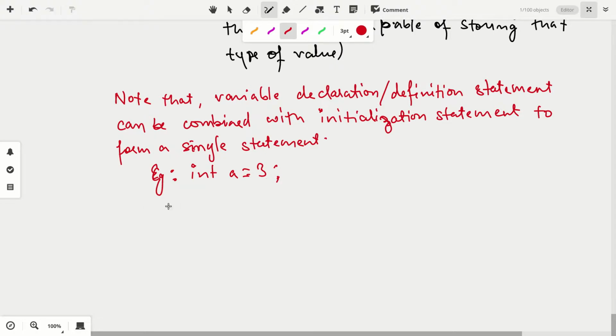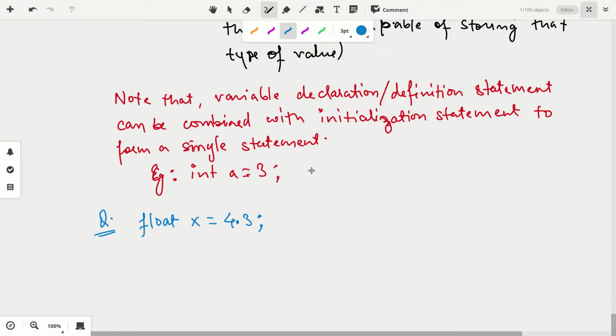Fine. Now one question from me, a very simple one that I just asked a few moments ago. In the statement, let's say I do something like, if I have to store decimal values, float x is equal to 4.3. Which one of these is a variable?